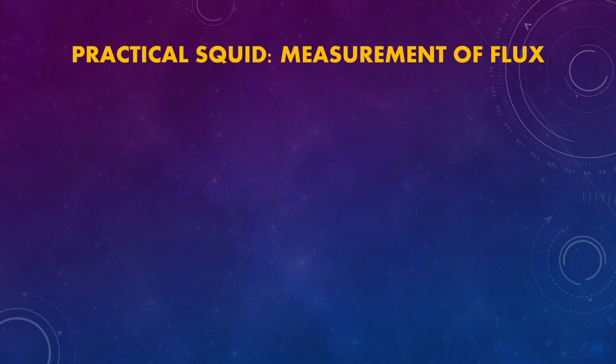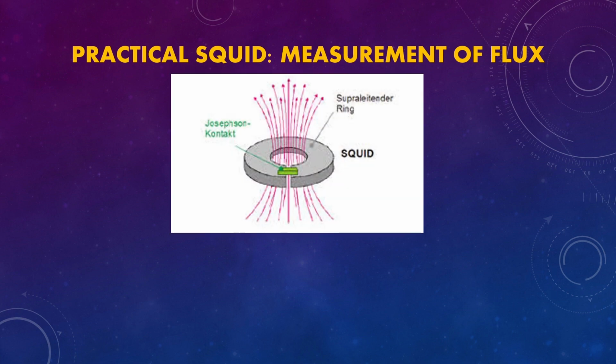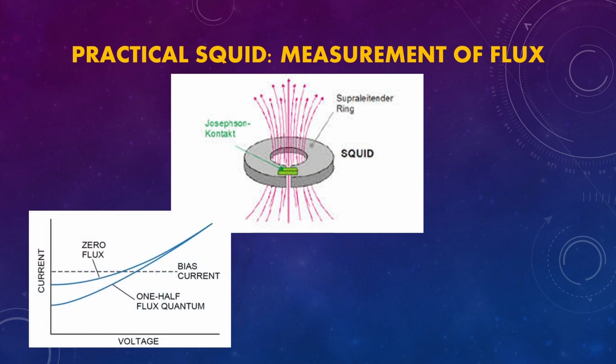Practical SQUID. Measurement of flux. This shows a practical DC SQUID where the voltage measurement is taken across the lead. With this voltage measurement, we can plot a current versus voltage graph. We see for zero flux, we get a characteristic IV curve corresponding to the maximum current at zero voltage. But when we apply the magnetic flux, we get the other curve corresponding to minimum current for one half of